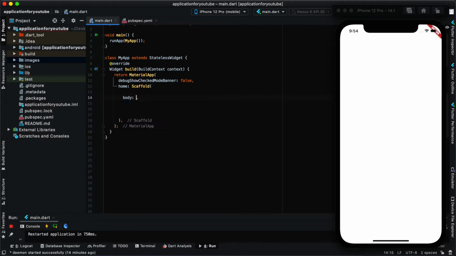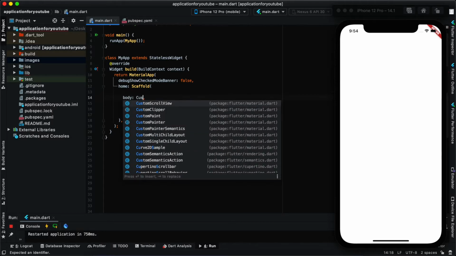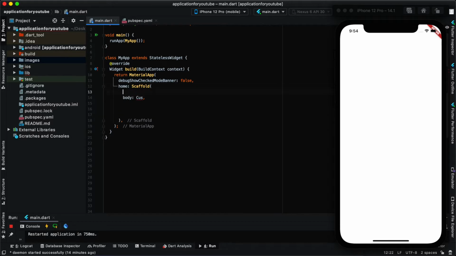So let's suppose I use body first, and since we are using the sliver app bar and the other thing is the sliver grid, for that I should be using the custom scroll view. This includes the sliver app bar we are going to use, and the sliver grid.